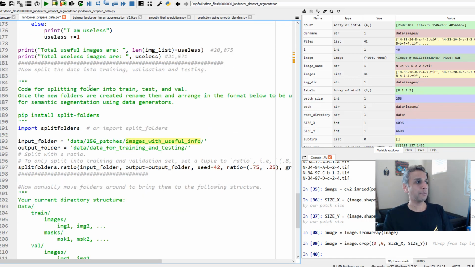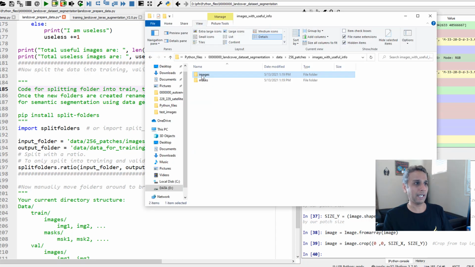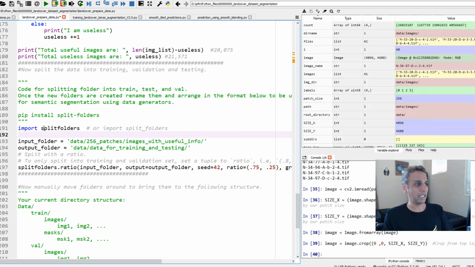Next step is to split the folder into train, test, and validation, right? So now we have a folder that has images and masks. I'm good: 20,000 images, 20,000 masks. Now what? I want to divide this into training and validation, just randomly picking subsets of these images. For that, a great library is split folders. Yeah, pip install split-folders, and then import splitfolders,